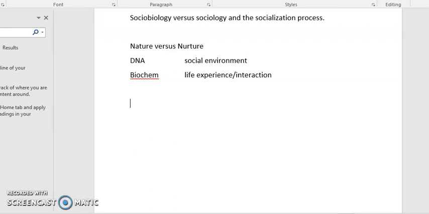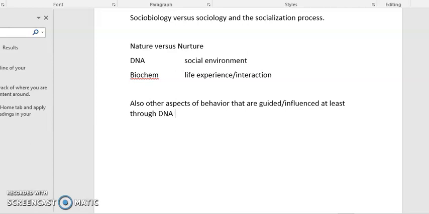And sociobiologists argue that there are also other aspects of human behavior in general that are guided, influenced, do you want to use that word? Guided, influenced at least through DNA, through biochemistry, through anatomy, physiology, all of those things. So in other words,